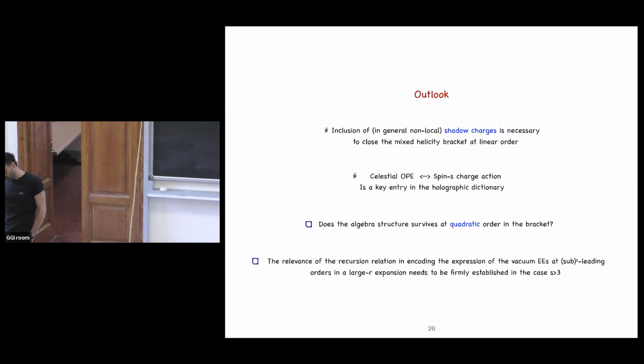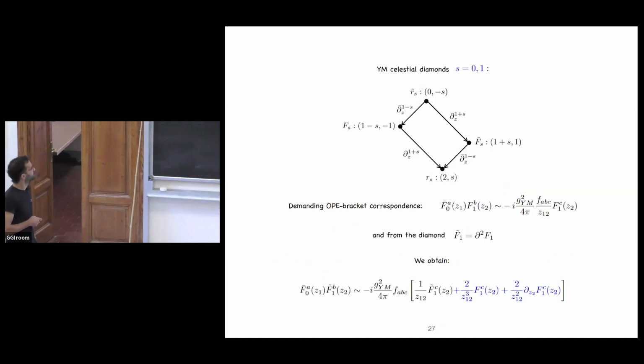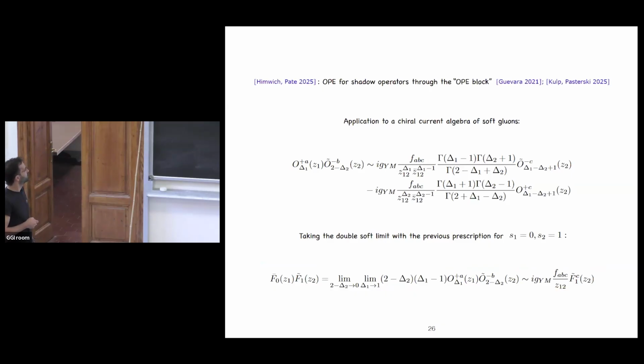I mean, you can choose either basis to express. Do you have one, because your formula included both operators and shadow operators, do you have one basis where you have a complete but not overcomplete set that includes some operators and some shadow operators? Well, you can compute, for instance, shadow with shadow in mixed helicity if you want. If you are in the same helicity and do check, you basically recover exactly